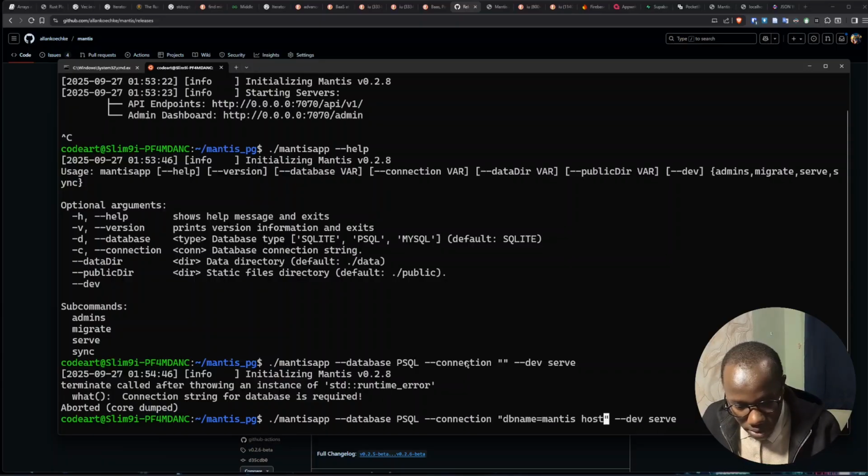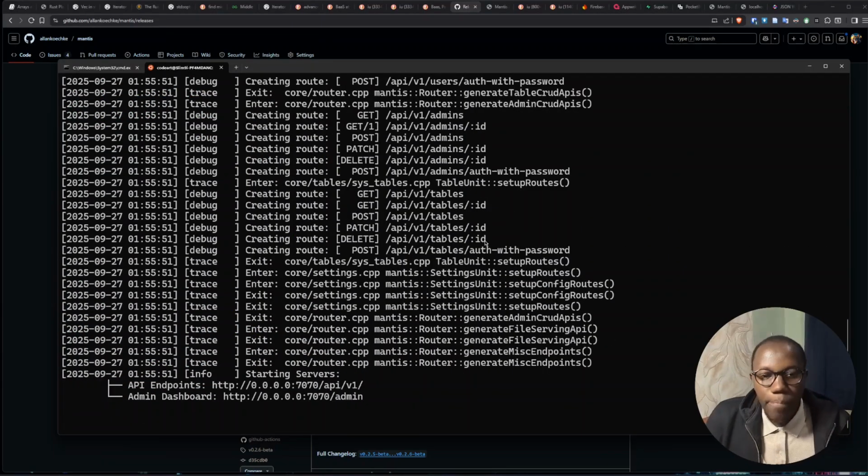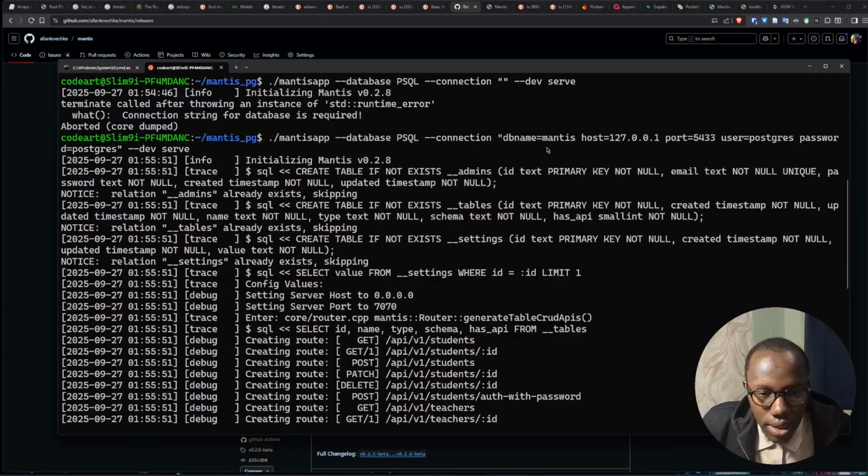We need to provide the host, and I will do 127.0.0.1. We want to provide the port, and I'll do 54.3, and then the user is Postgres, and the password is also Postgres. Good. So with these credentials provided, we are setting the database name that you want to connect to, the